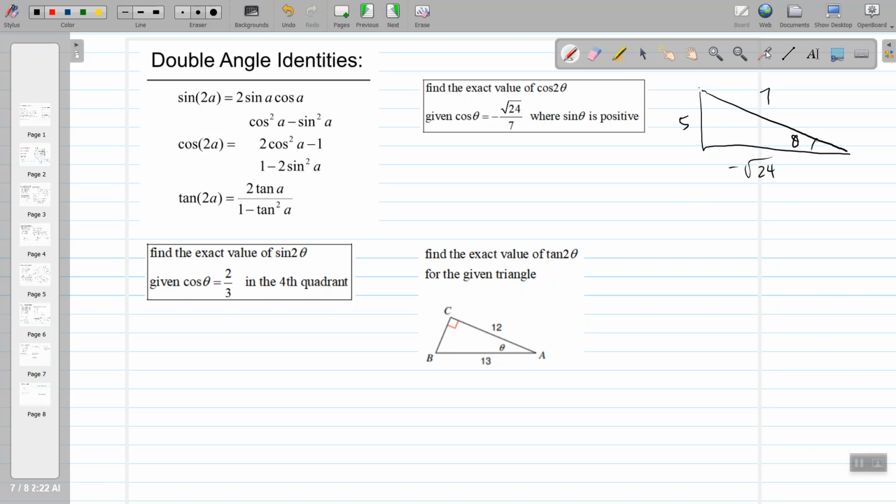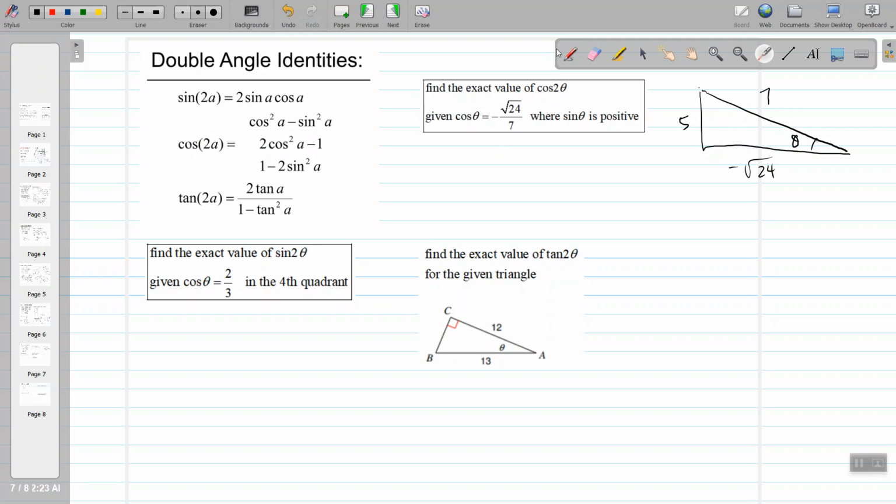Looking at our formula for cosine of 2 theta, that's over here. You actually have three options. The other ones, you only have one option, but for cosine, you actually have three options. If you look closely, you'll notice that one of your options is actually 2 cosine of the angle squared minus 1. So what that means is we actually could have figured this out knowing just the cosine, which we do know, which means technically for this problem, we didn't actually need to do this triangle over here if we